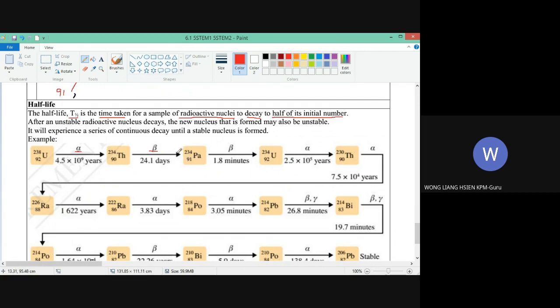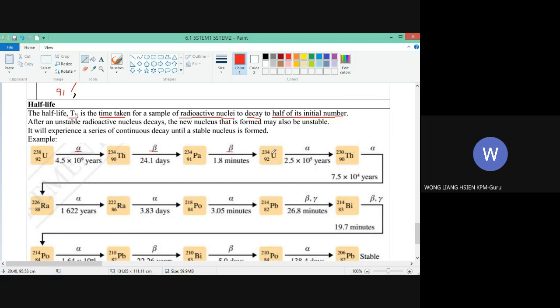That means half of the thorium-234 will decay into, I think this is protactinium, 234, okay? You understand? And then this protactinium, after 1.8 minutes, half of the protactinium will undergo beta decay into